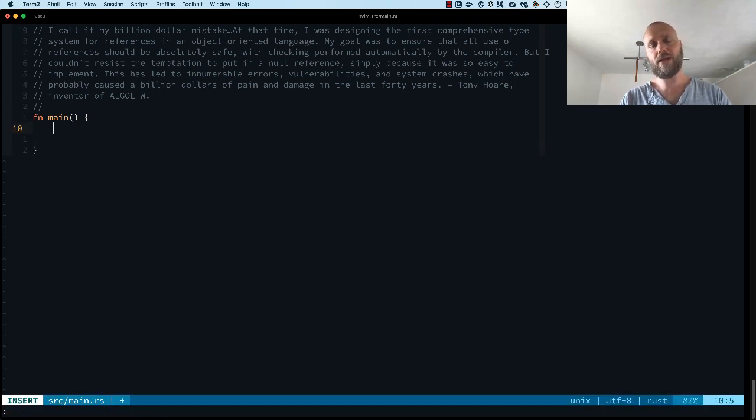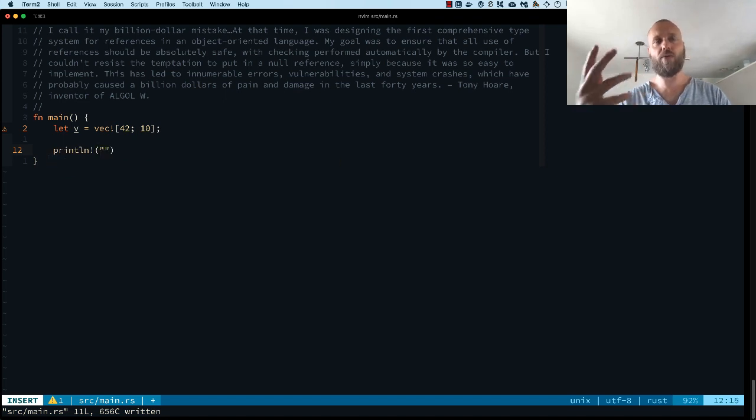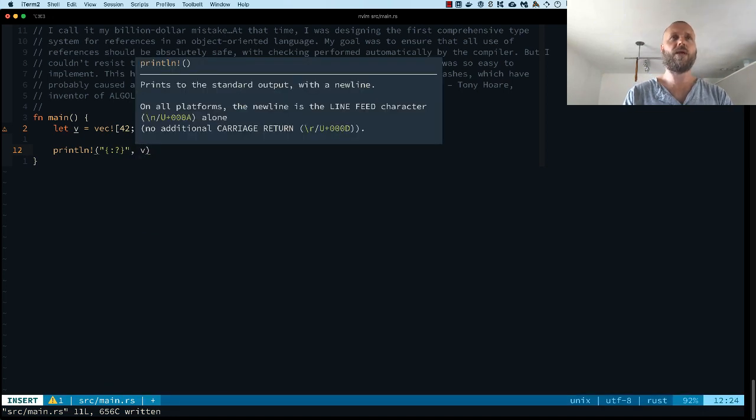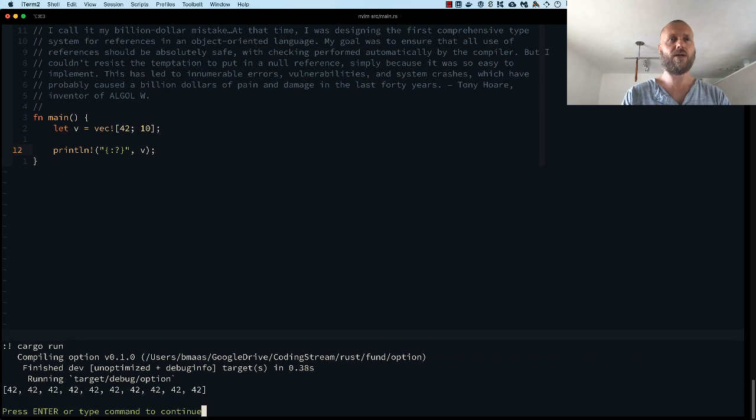Well, let's start with a very simple example. Let's create a vector, and of course we like the meaning of life, so we use 42, and we will put in, let's say, 10 values, for sake of discussion. First of all, let's see if we're still sane and the universe still behaves as we hope. So let's print this out,